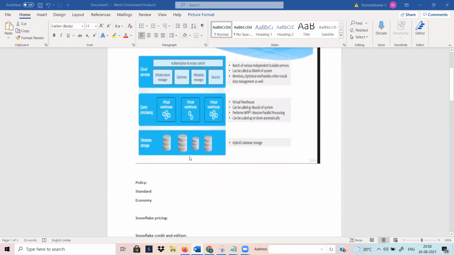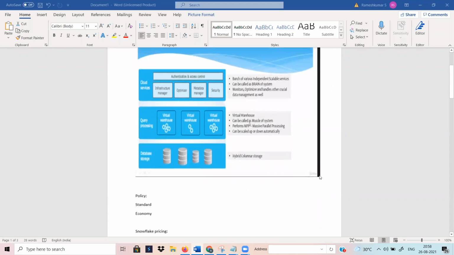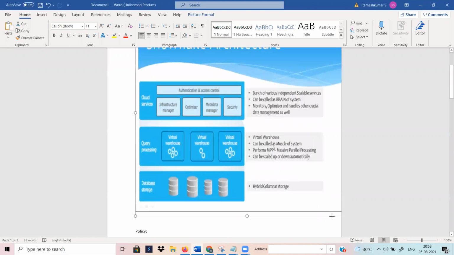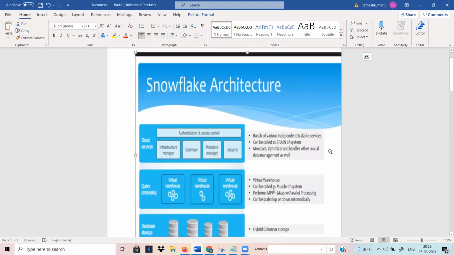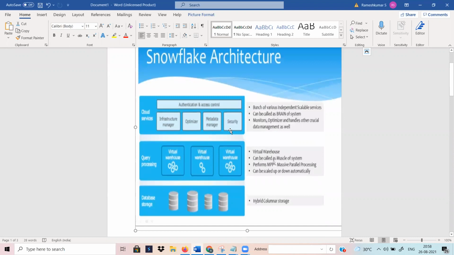Okay. Then one is the, are you visible? Are you able to see this page? Yeah, I can see the screen. I can see the screen, Sarah. Okay. Yeah, because it looks visible. That's it.